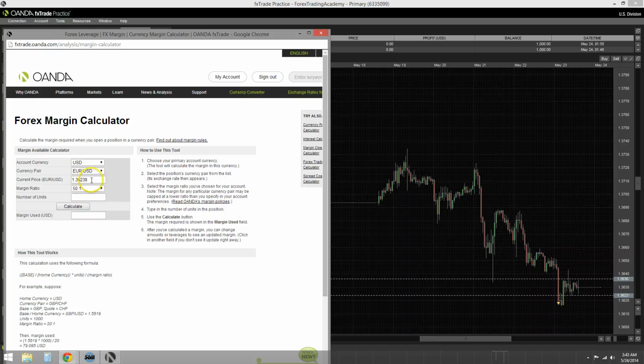The current price of the euro or dollar is, and the number of units. If you want to say we're going to trade 20,000 units, how much margin do I need to have in my account? Well, without going into a huge lesson on margins and account requirements and leverage and all that, basically, very basically, this calculator is telling you how much you need to have in order to cover that many